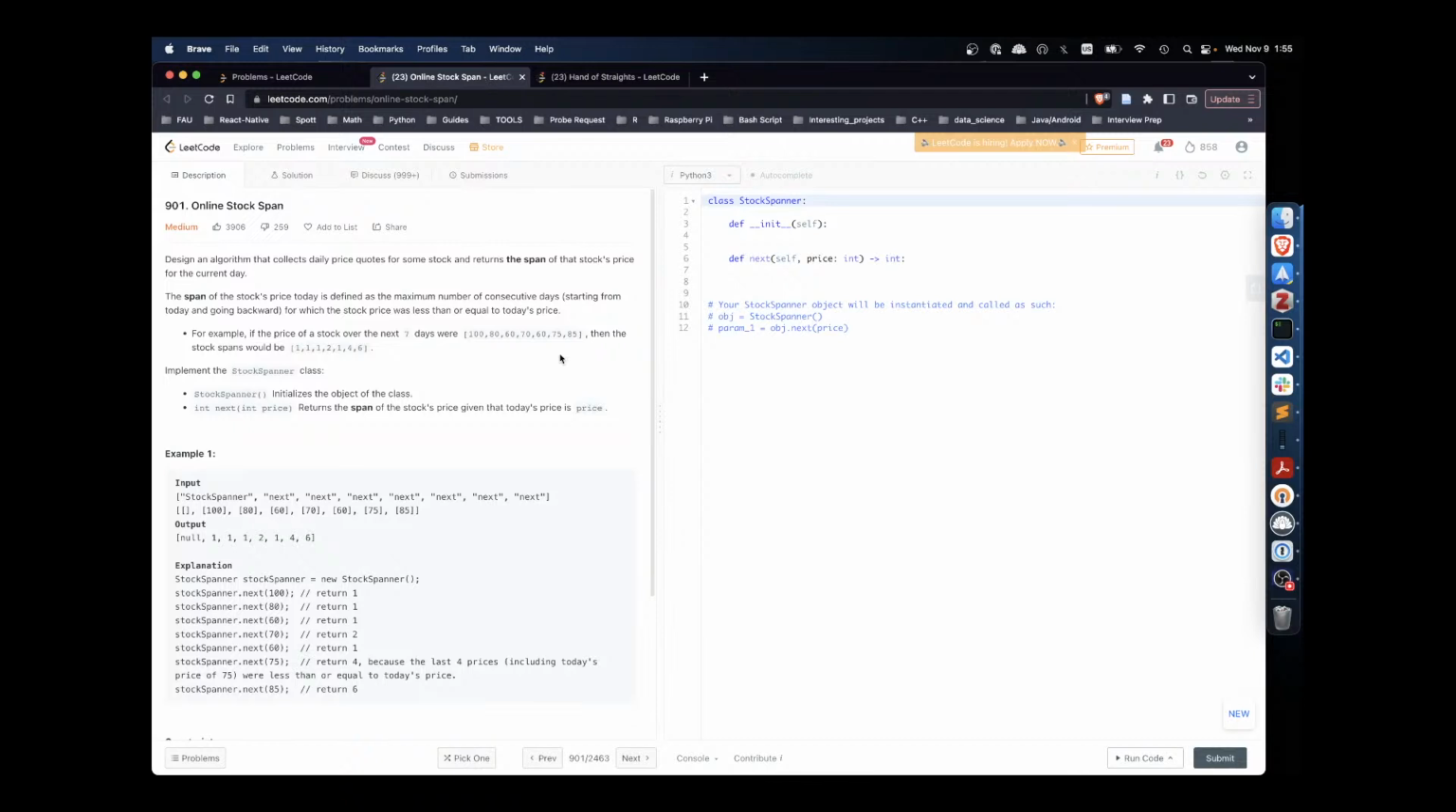Online stock span. Design an algorithm that collects daily price quotes for some stock and then returns the span of the stock's price for the current day. The span of the stock's price today is defined as the maximum number of consecutive days starting from today and then going backward, for which the stock price was less than or equal to today's price. For example, if the price of a stock over the next 7 days, okay, then the stock span will be 1, 1, 1, 2,